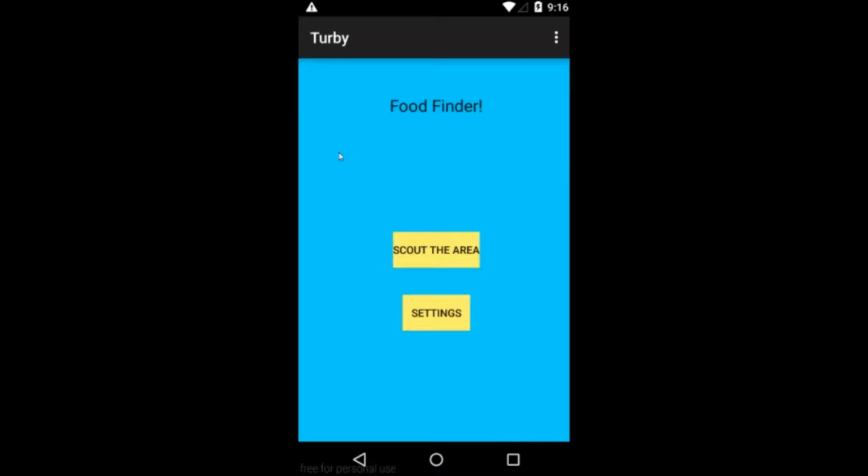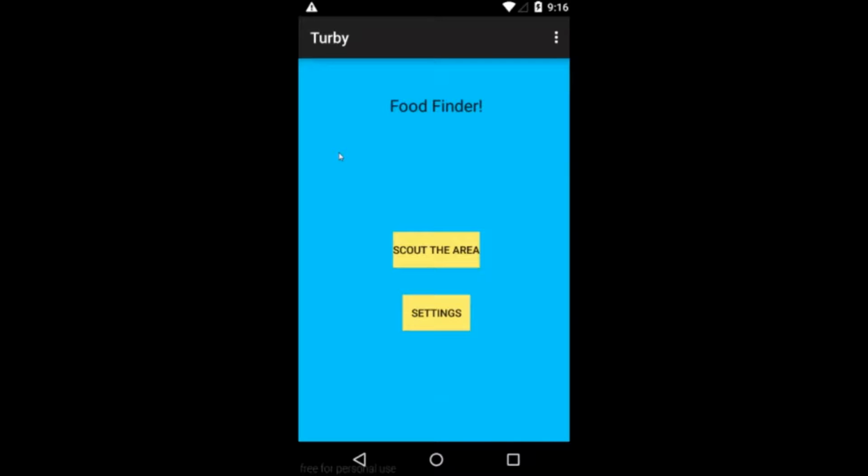Hello, this is Peter Gibson, and I will be demoing the restaurant ordering system for human-computer interaction project. So this is our restaurant ordering system and food finding Android application. I'm going to walk you through some of the features here so we can get an idea of how